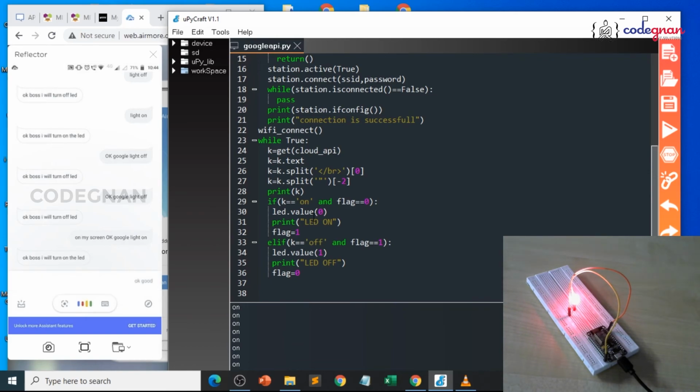Okay Google, light off. Okay, boss, I will turn off LED. So this is how we can turn on, turn off the devices with the help of Google Assistant